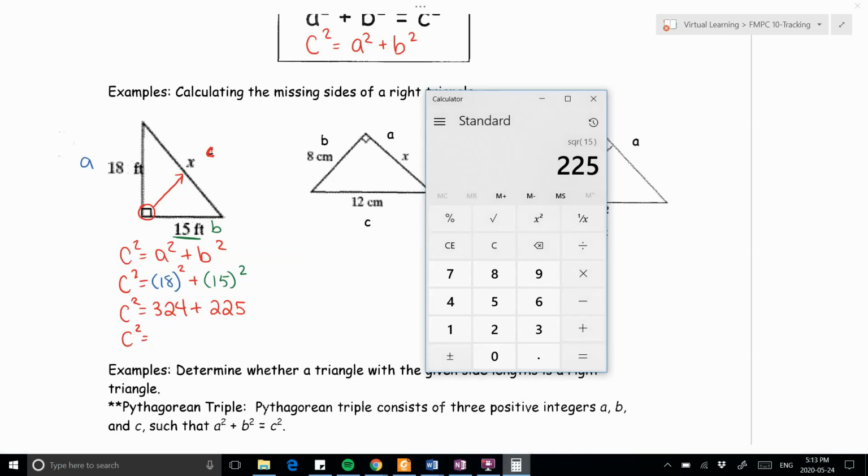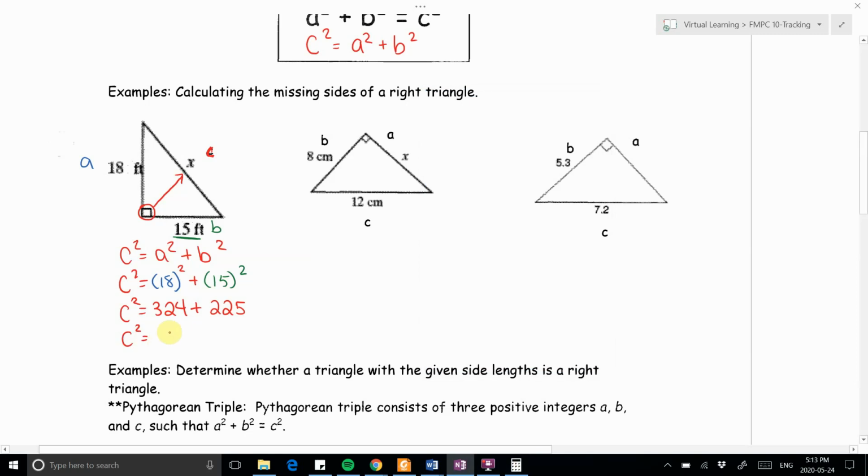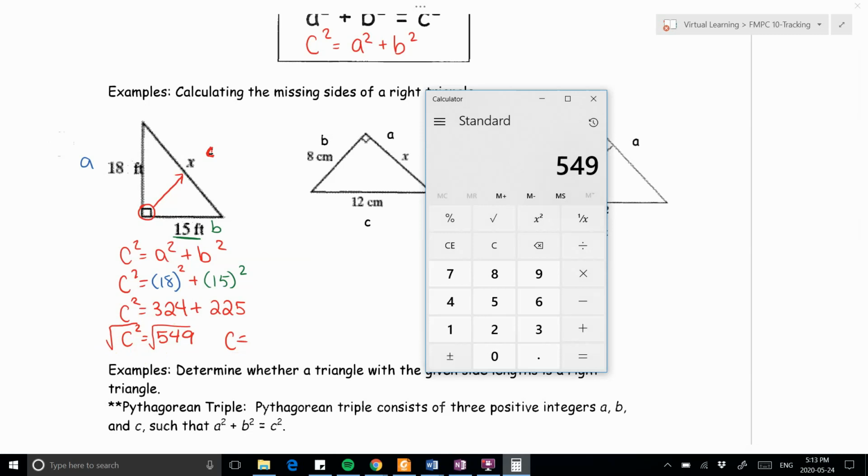So 225 plus 324 is 549. Now, we're not done yet because this c isn't by itself yet. The c is squared. And so I get rid of a square, just like I would get rid of an addition using a subtraction or a multiplication using a division. We get rid of a square using a square root. So I got to square root both those sides to get c by itself. So 549 square rooted,